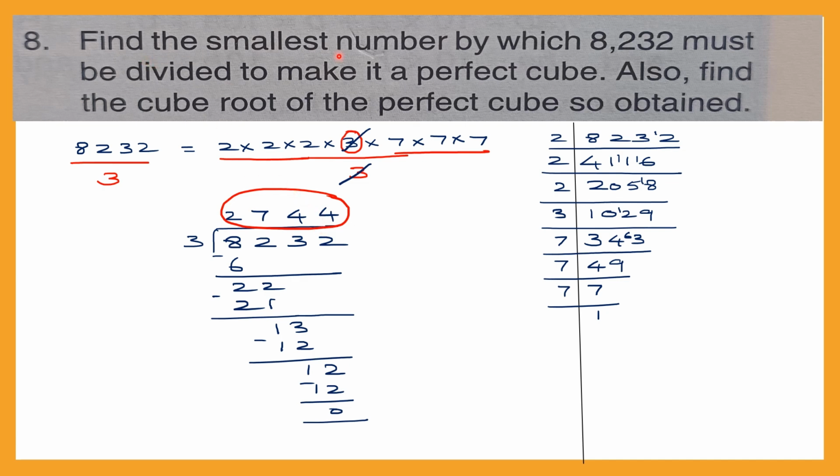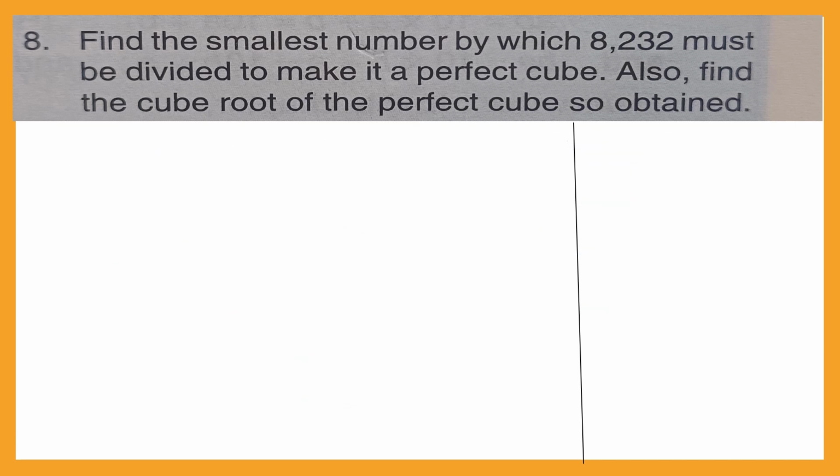So the first part of the answer is the number 3. So the answer here is 3. This is the smallest number by which 8,232 must be divided. Now we got a number when we divided. We got 2744. Now the question is, find the cube root of this cube obtained. So let's find the cube root of 2744. So let's do that. We are going to find the cube root of